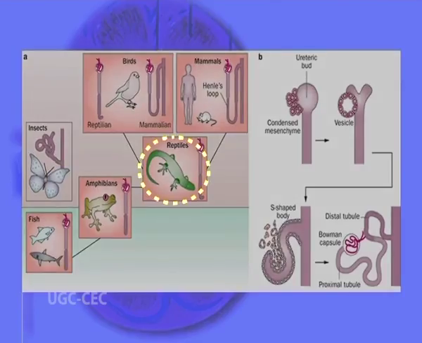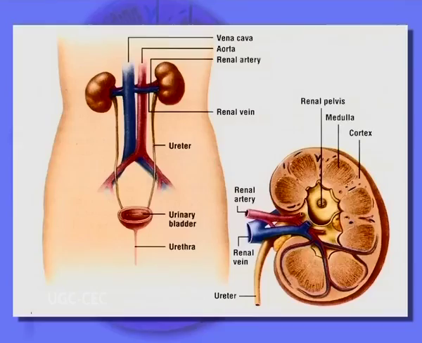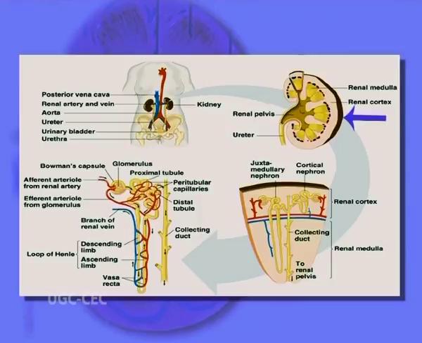Metanephros occurs in the adult reptiles, birds and mammals. The reptilian kidney is elongated, more so in snakes where the body lumen available is narrow and long. The bird kidney is trilobed while the mammalian kidney is bean shaped with a depressed area at the junction of the ureter. The kidney is enclosed in a protective tunic made up of fibrous and adipose layers. Kidney tissue is divided into an outer cortex that carries renal corpuscles and convoluted tubules and an inner medulla which houses collecting ducts and loop of Henle.